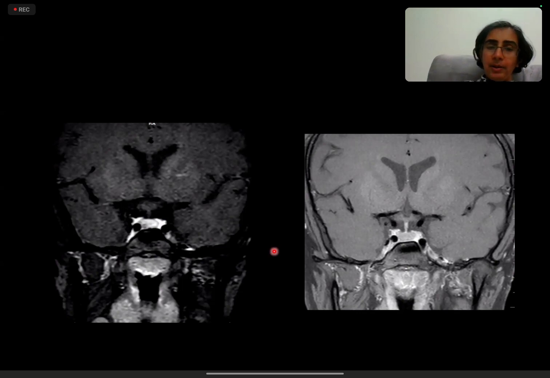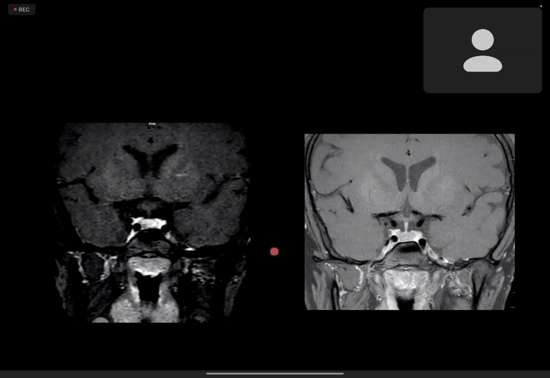I just wanted to point out the pathology with the annotation marker. Ma'am, the image on our left shows a T1 coronal image through the pituitary, and there is a hypointense small nodular region in the right half of the pituitary. It is hypointense, and there's no change in the rest of the pituitary contour or the infundibulum or the optic chiasma. And on the other images, it is iso-intense. Both of them are T1 images.